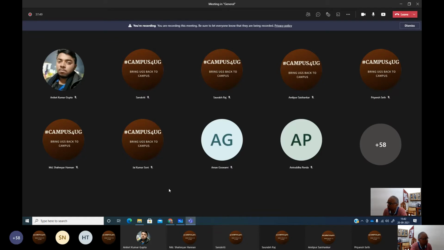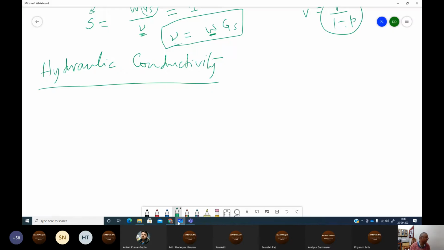So our job is to go into the engineering side of it. How does it flow? Is this flow different than pipe flow? The answer is 110% it is different. It is nowhere related to pipe flow. Even the governing equation is different. If you studied fluid mechanics, you probably heard of Stokes' law or the Navier-Stokes equations, very famous laws by which water flows through a pipeline. But here, there is a thing called Darcy's law.